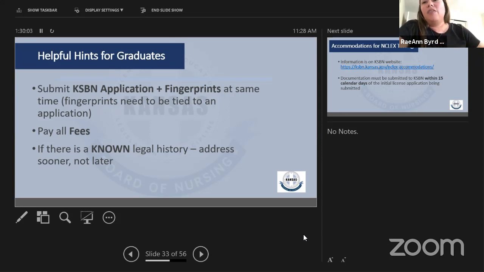And then, if there is a known legal history, if they have to answer yes to a legal question, they can call and speak to someone in our legal department who is doing practice questions, to get a jump on the information that we may need. This may be a situation where we run a little slower, and court systems and places to get documents could be running even slower than that. So if they are answering yes to any of those questions, they will want to reach out, because they can start that process while we have their application going.